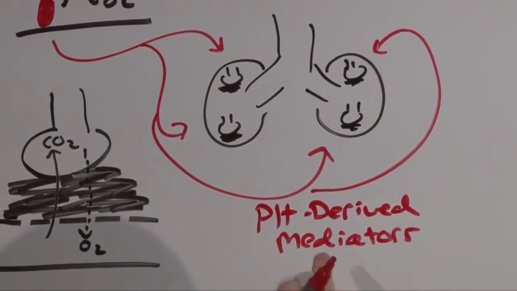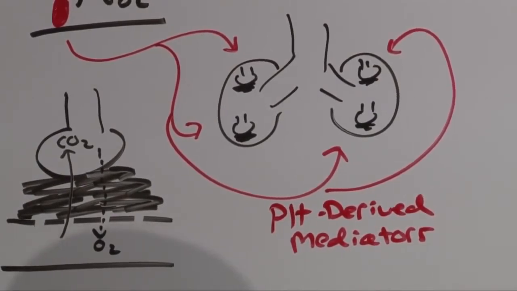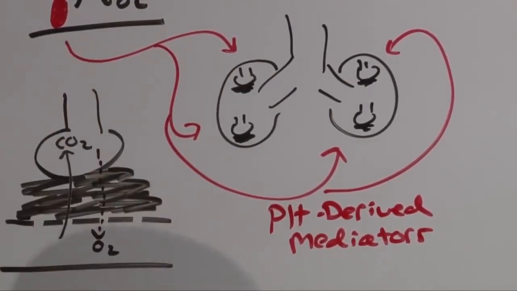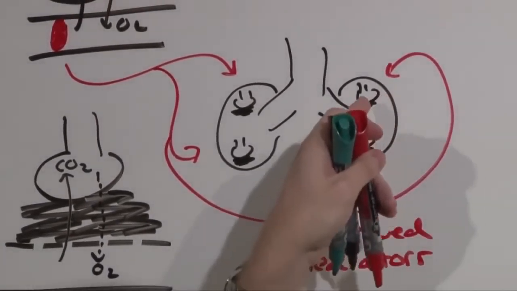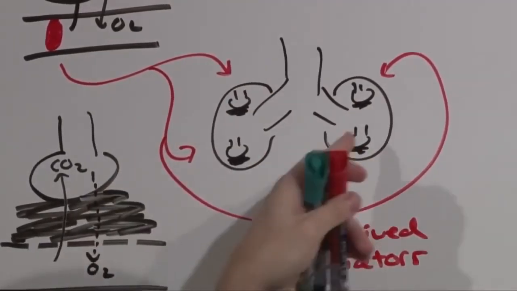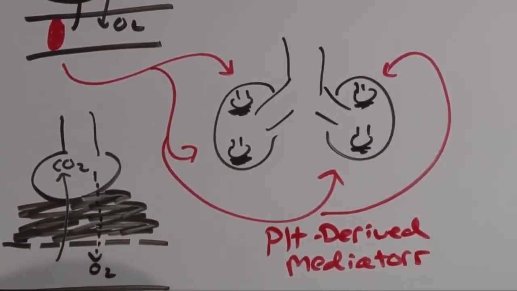And I will tell you the punchline up front. Even if you perform a thrombectomy, even if you break up the clot and get rid of it, if there is right ventricular strain, it may not be improved. By removing the obstruction, you may not remove the increased pressure because you still have platelet-derived mediators causing peripheral vasoconstriction throughout the entire lung because of hypoxemia. Now, it's a big statement, so let's just talk about the Wells criteria and readdress this information